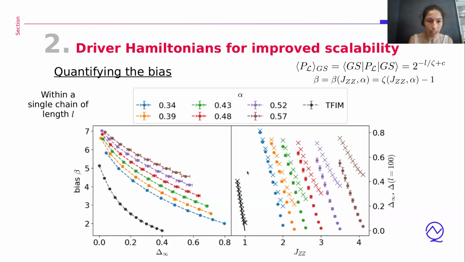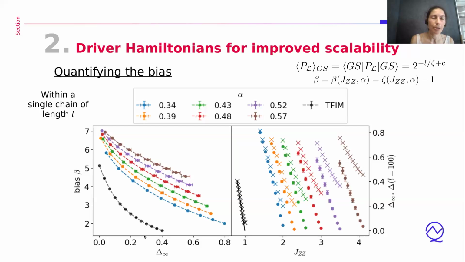Again, this is DMRG calculation, so this is like the exact gap in the thermodynamic limit, and then these for the different alphas, since this model is not exactly solvable, we did some extrapolation. So the crosses that you see are the gaps obtained for a chain length of 100, and the dots are the extrapolated values. And you see that for example, a gap of 0.3, which would